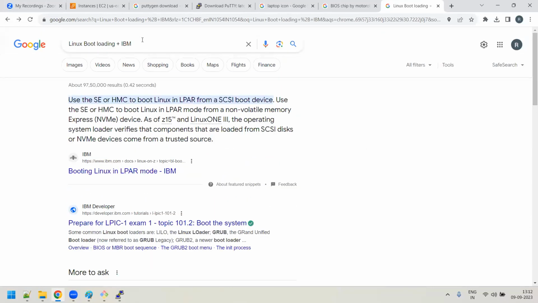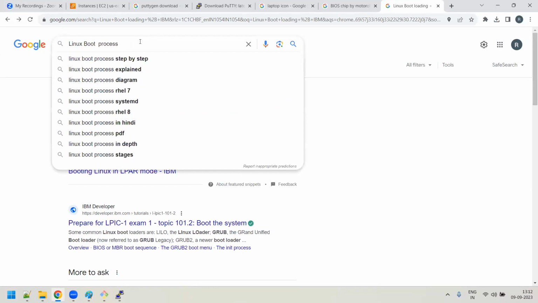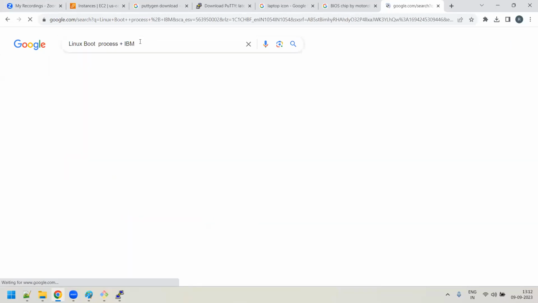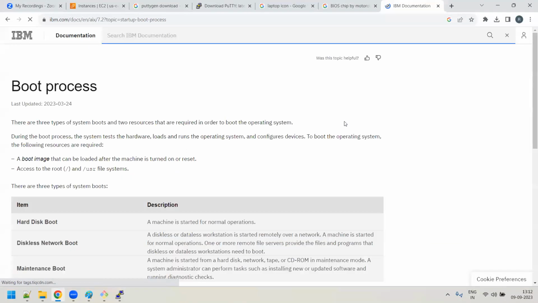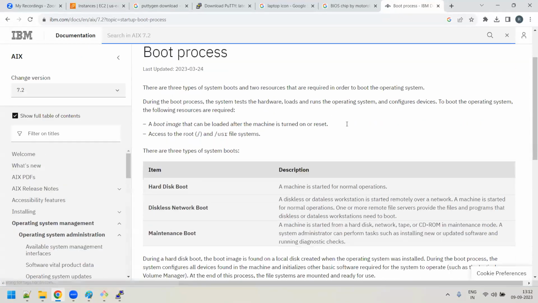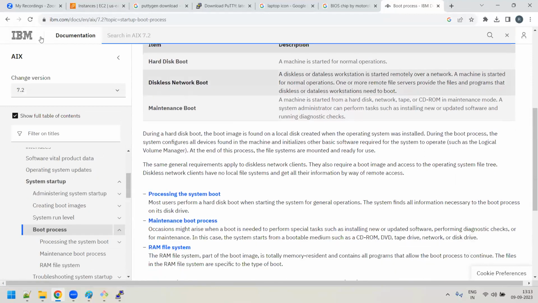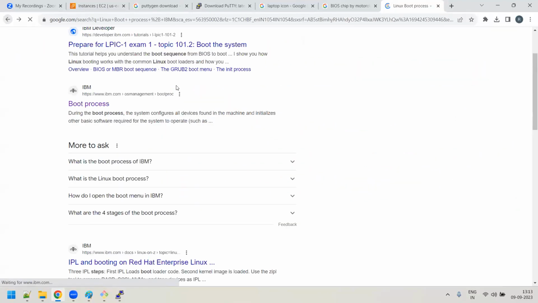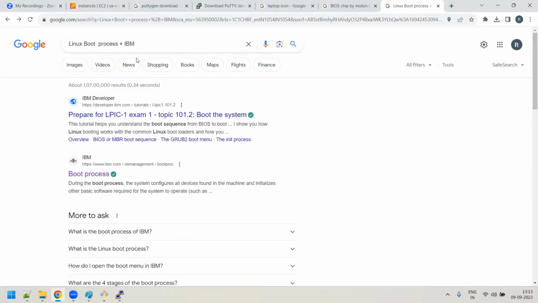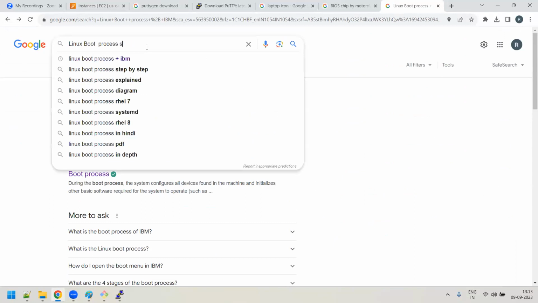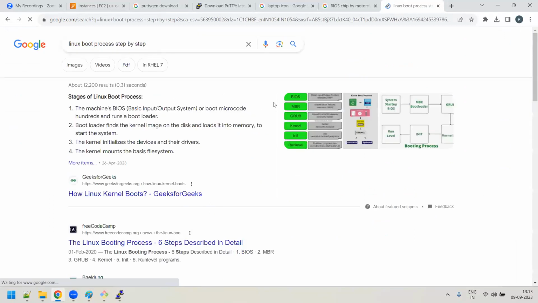Linux boot process plus IBM. Boot process. I don't know whether it's there or not. Linux boot process step by step, you can give. You'll find a lot of articles, sir. Can you see here?